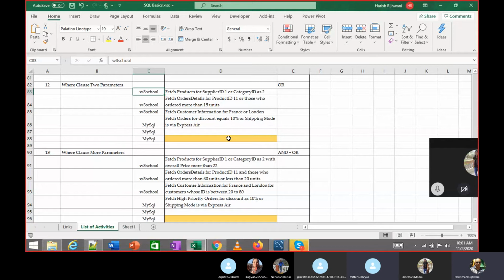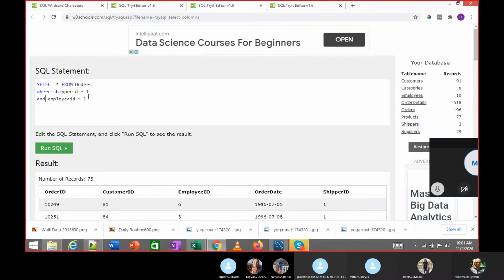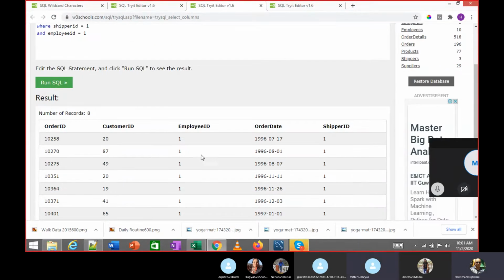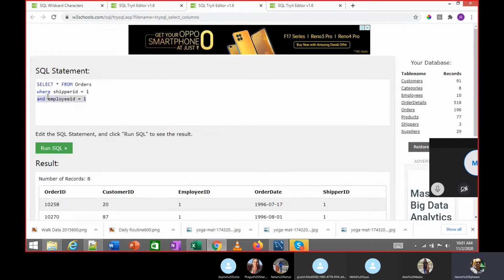Sir, actually, I didn't get the OR one properly. Okay. So you understood AND, right? Here the conditions are complementing each other, that employee ID is equal to 1 and shipper ID is also equal to 1. But in this case, if I change this AND to an OR,